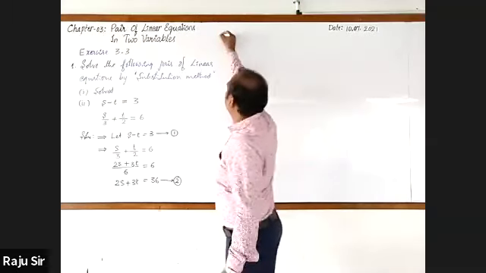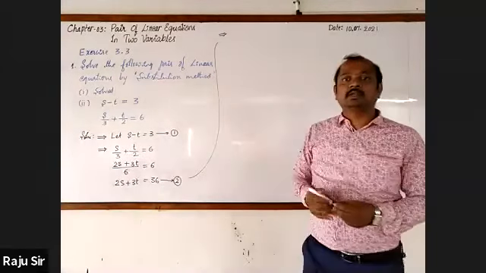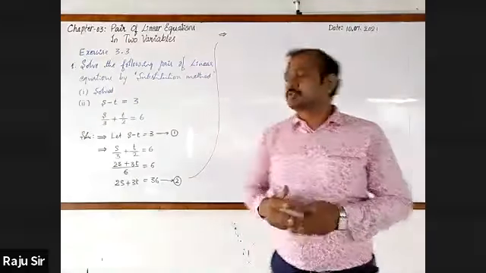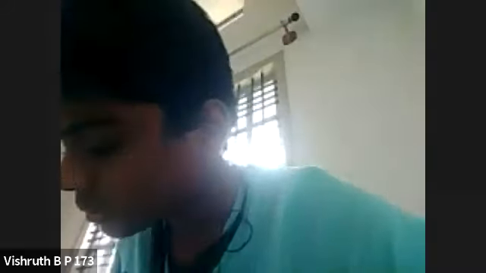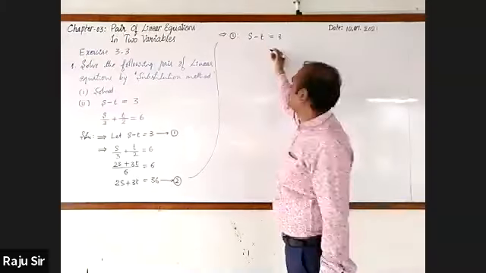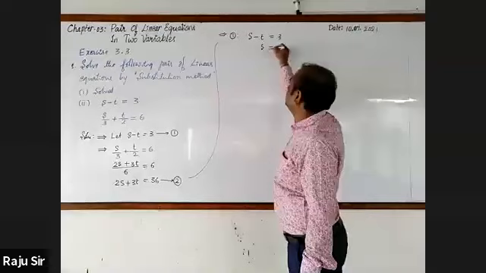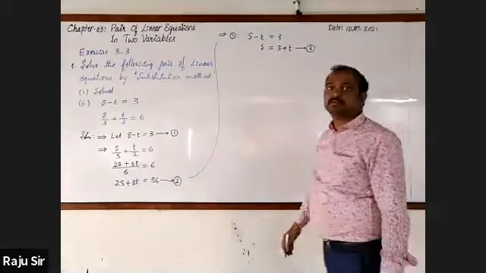According to the substitution method, by taking any one of the two equations, any one variable will be solved. So, which equation would you like to choose? First equation, because the coefficient is least. It is S minus T is equal to 3. Which variable can be solved? S is equal to 3 plus T. You may call it equation 3.